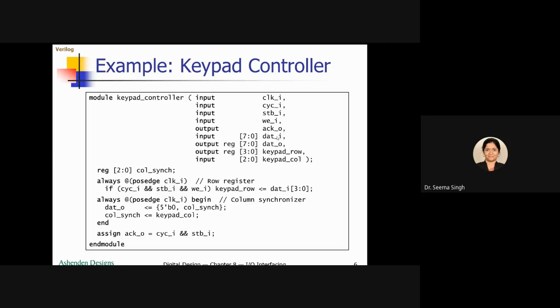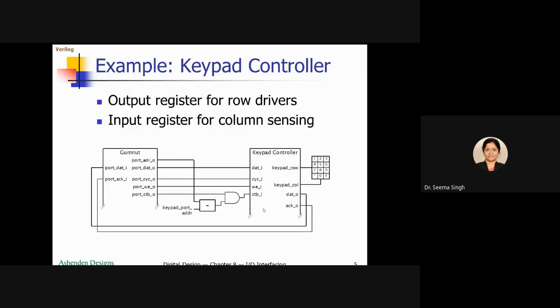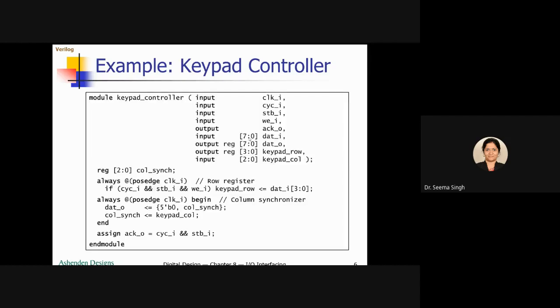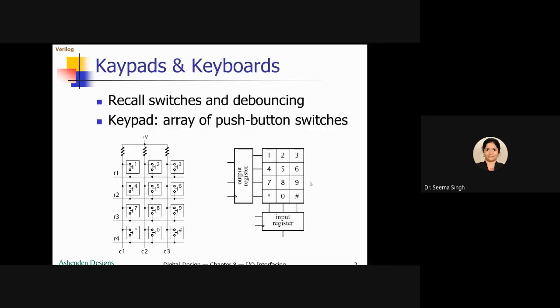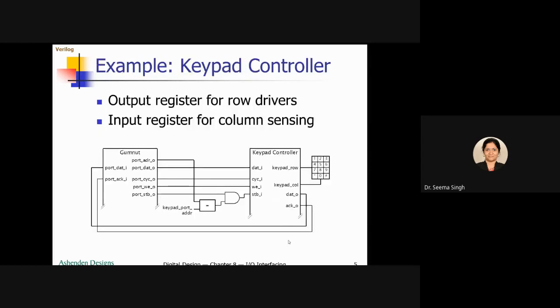Then this is all for keypad controller. So what all you can see in keypad controller, all that is seen here. And when you saw there, you could see how many columns, how many outputs were there. Output acknowledgement was there, output register was also there. Now if you remember the first diagram, you can see this row is output register and column is input register. So the same thing you will see here.